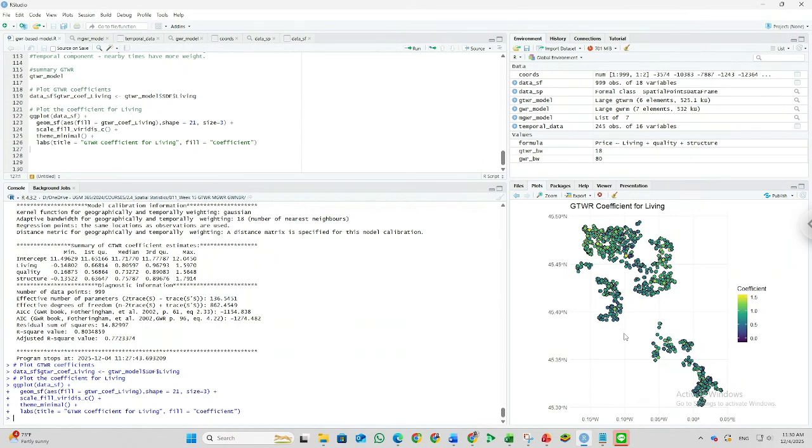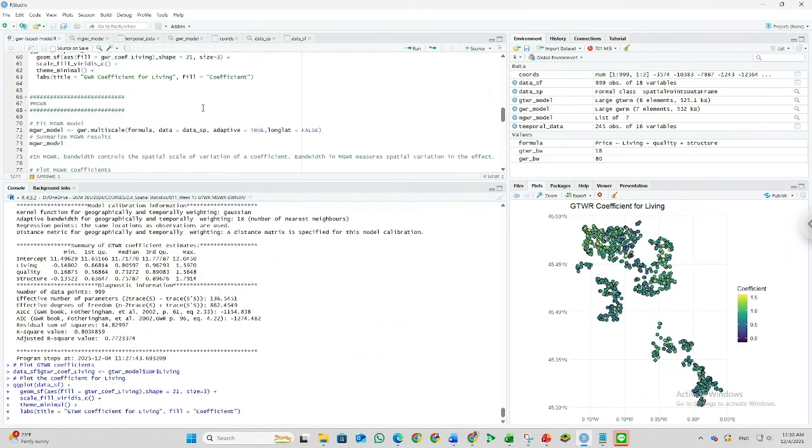So we need to consider the spatial and also the temporal variation in our data set, so we can get the GTWR coefficient, which is relatively different but relatively similar, I think, across the study area.